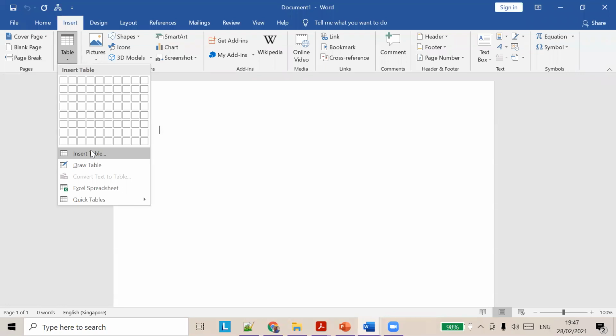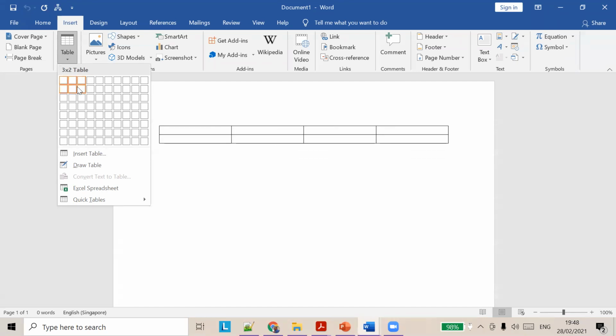So we have to create 6 rows: one for the names of the students and one for the headings of the columns. So we have to create a table which has 6 columns and 6 rows.